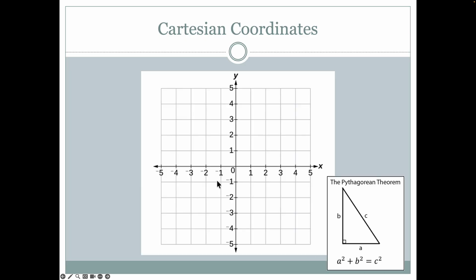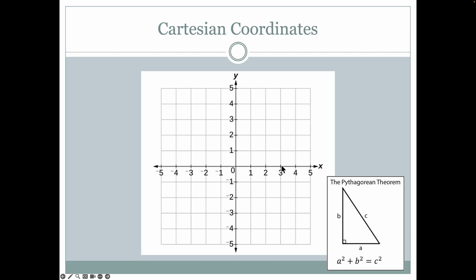One other thing I'd like to talk about with Cartesian coordinates is the way that we measure distance. And this is by something called the Pythagorean theorem. So it's just a little bit of math, right? If you had any point in this Cartesian coordinate system, let's say here, like here at 3 and 3, if you wanted to measure the distance from 0, 0 to 3, 3, you would measure the